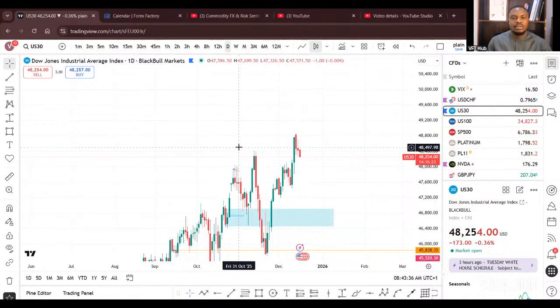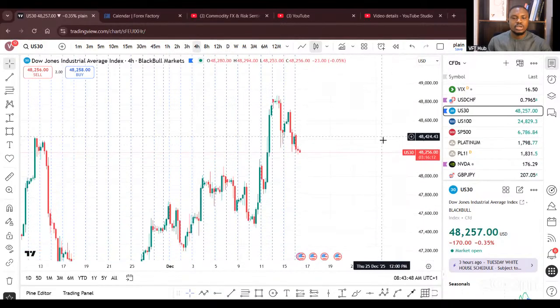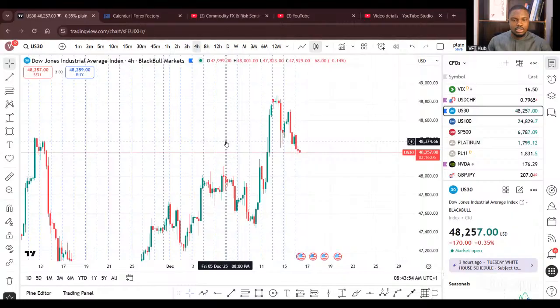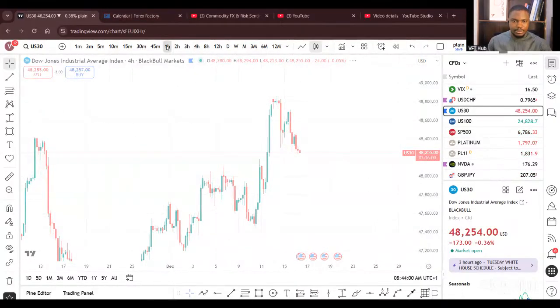We now have a proper break of structure. Price has created a new high, signifying that we are bullish. This bearish pressure is just for market to reprice and then continue in its original direction. This I believe strongly is what will happen. All right, so looking at the lower time frame, let me look at the 1 hour